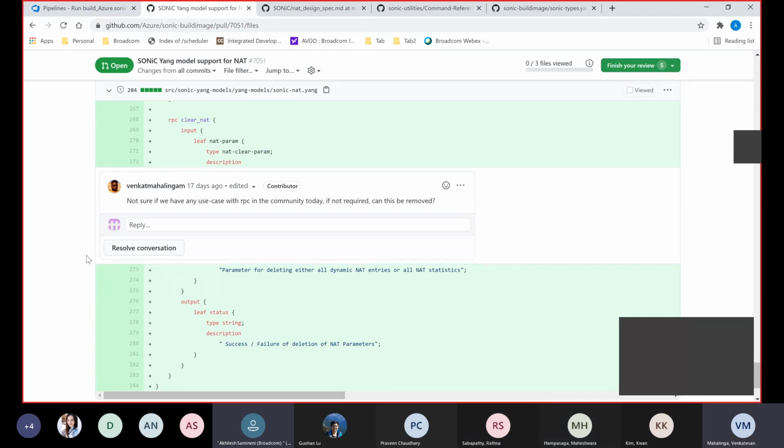No, I get it from the management framework perspective, but from the community, right? I have no idea about this one. Because there are RPCs for other cases as well, we did not push those changes. For example, BGP statistics and other statistics, right? Interface statistics. We have not really pushed those changes to the community yet for review. So yeah. But I think it's also not needed, because I thought we will ask in the review, and I will remove it. I will remove this one. Yeah.